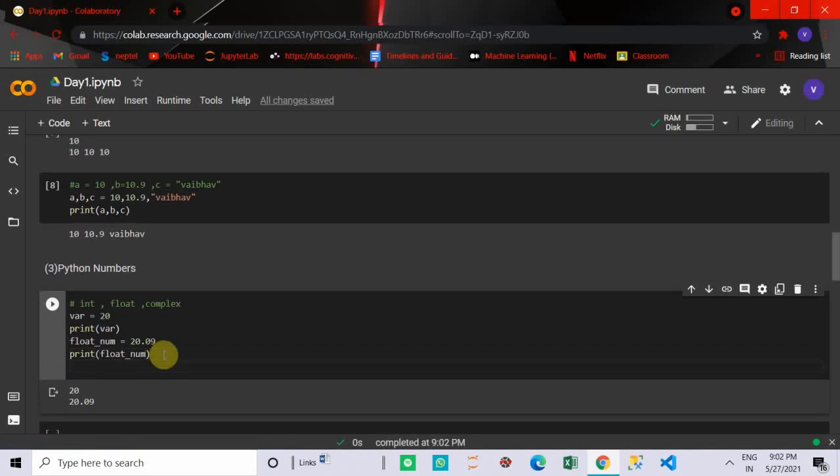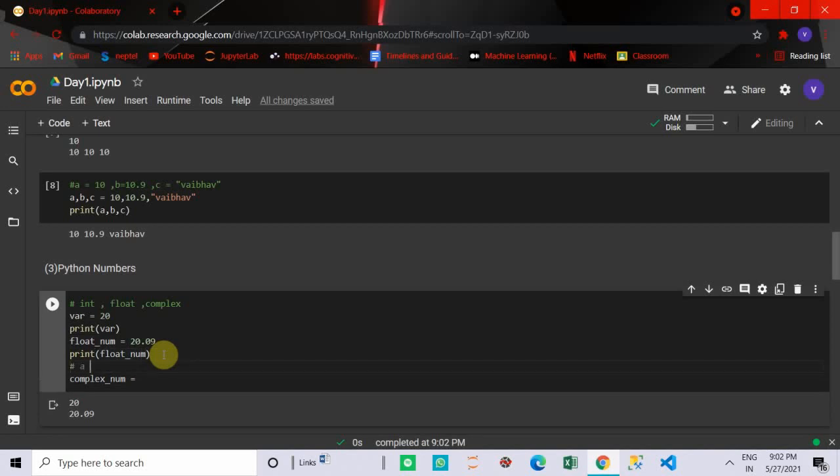Similarly there is the complex number. To create a complex number we can use the complex operator, with a variable name like complex num. First of all, let's discuss what a complex number is. Basically, a complex number is of the form a plus iota b, where a is the real part and b is the imaginary part.